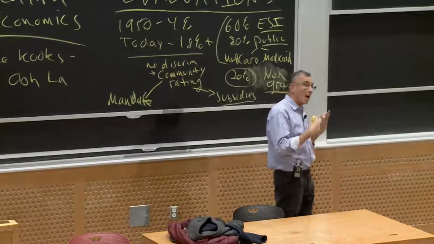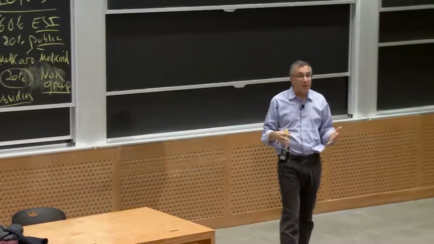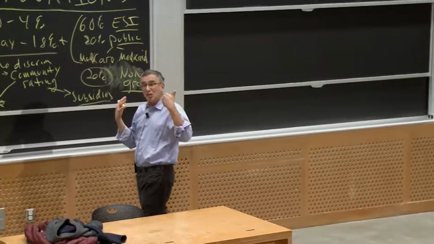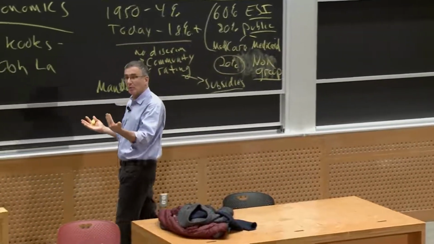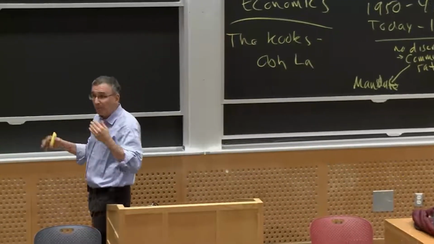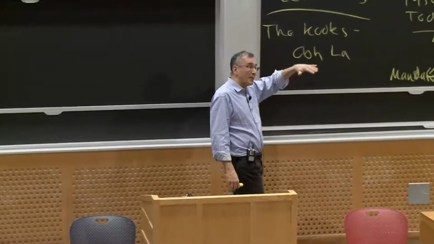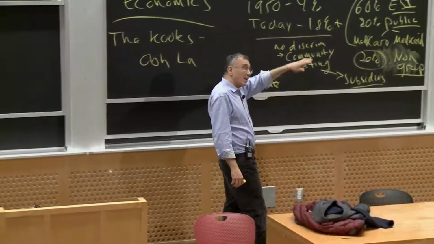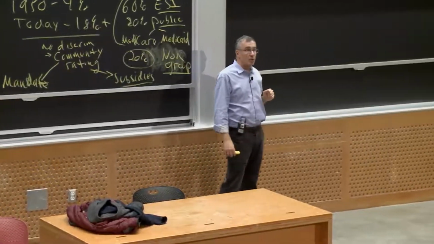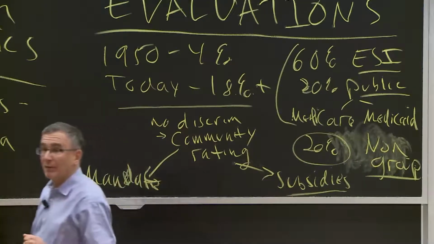We set up a program called Commonwealth Care. Remember I talked about the poverty line in our lecture on inequality. We said anyone who lived below 3 times the poverty line, we would heavily subsidize their health insurance to make it affordable. Then we said, we're making it affordable, we're going to make you buy it. We're not making it free, we're making it affordable. We set up what's called a sliding income scale. You had to pay a certain percent of your income to get health insurance. We're going to make everyone buy it and make insurers offer insurance with no discrimination, offer community rating. And we passed that law in 2005.